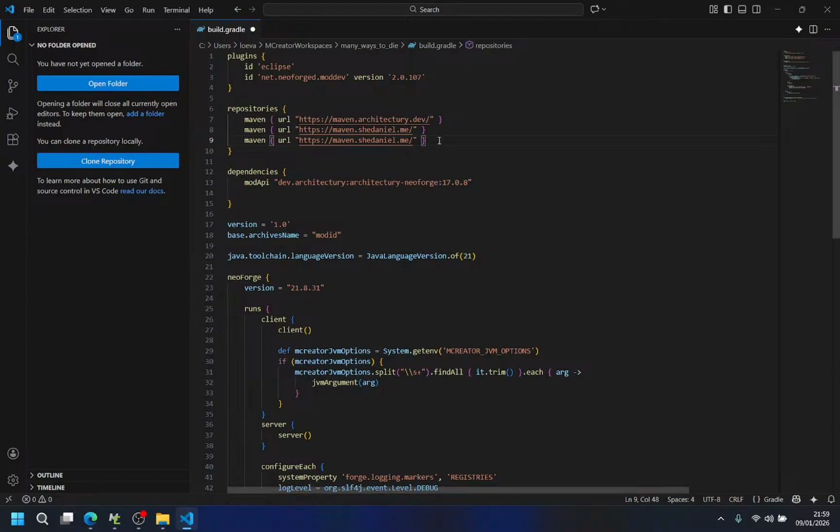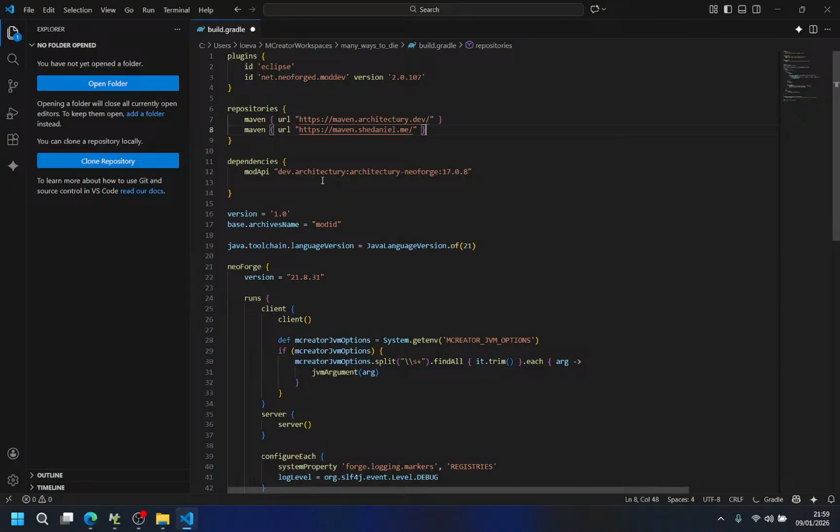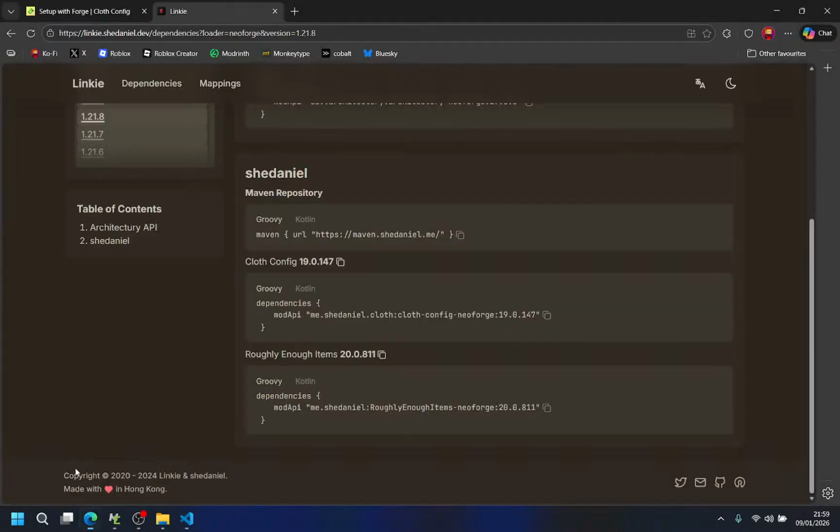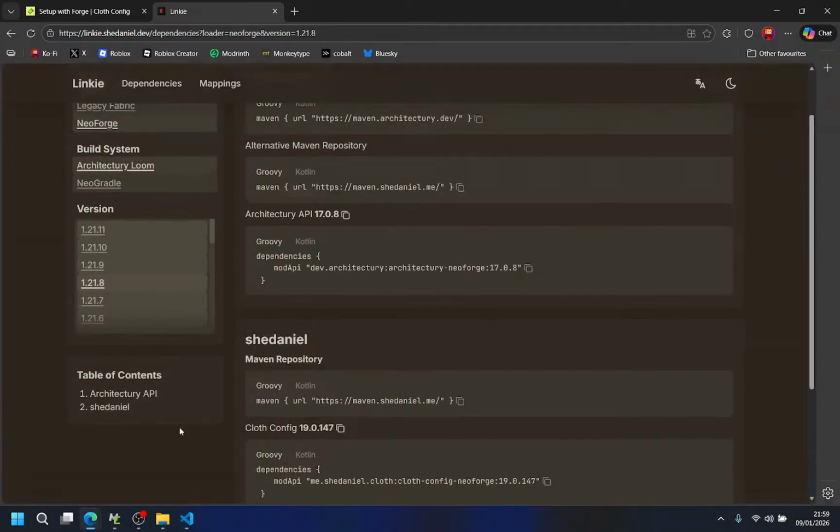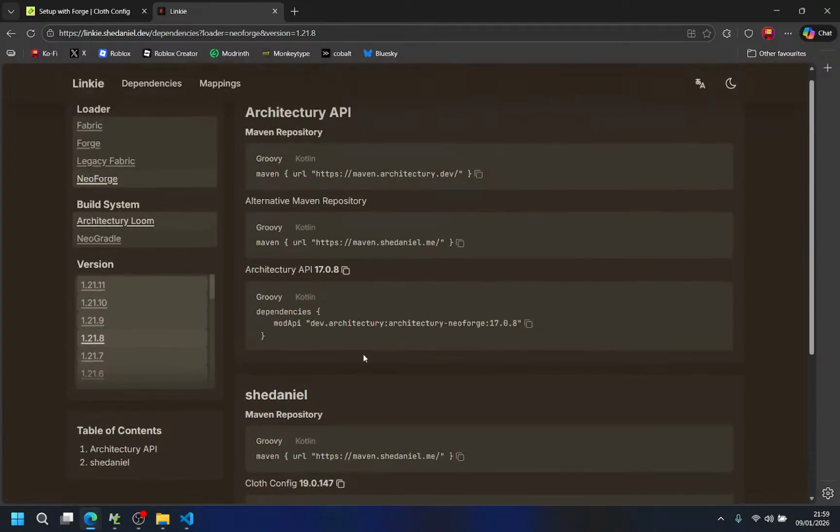Actually, there's two of them here. It's the exact same thing, so it's duplicates. We don't need duplicates here. Mod API and Mod API as well. So yeah, Maven repository. Okay.